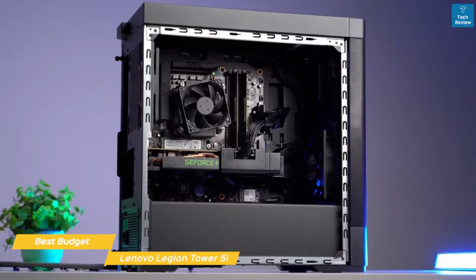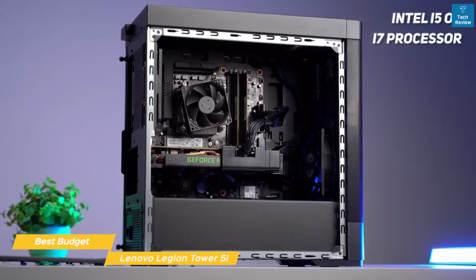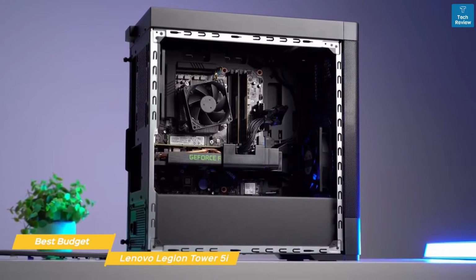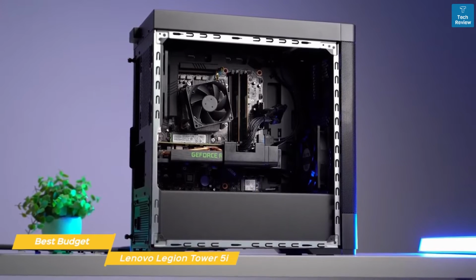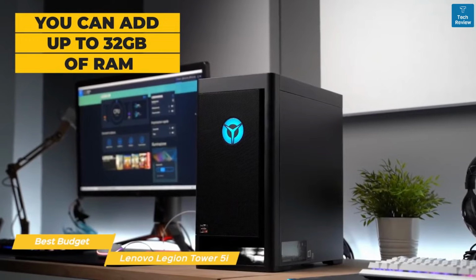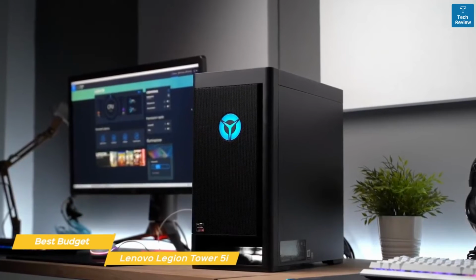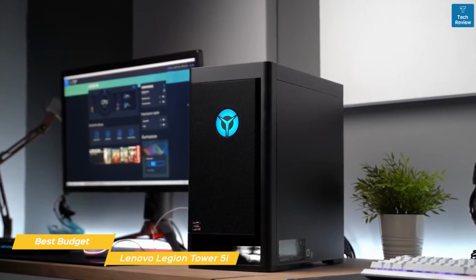Inside the case, you can configure the Tower 5i with either an Intel i5 or i7 processor. For graphics, you can go with an NVIDIA GeForce GTX 1660 Super graphics card, or select from the RTX family with the 3060 or 3070. For system stability and fluidity, you can add up to 32GB of RAM, and for storage, you have the option of a 1TB hard disk drive or a super-fast 1TB SSD, and the option to implement a dual hard drive